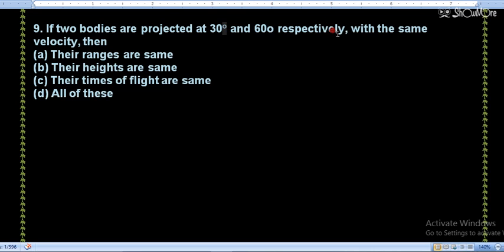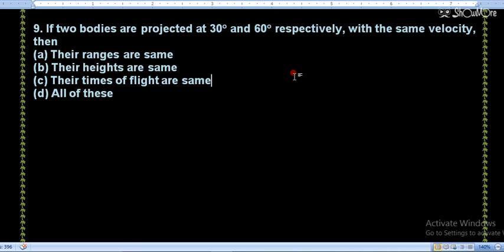So two bodies are projected with the same velocity, so what will be the same? So velocity अगर सेम है, so कौन सी चीज है जो साइन थीटा के ऊपर डिपेंड नहीं करती,